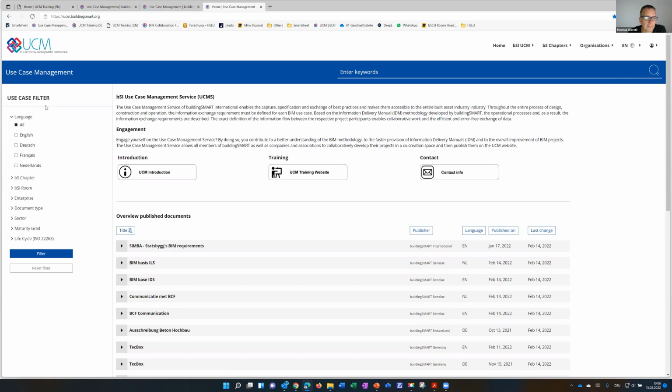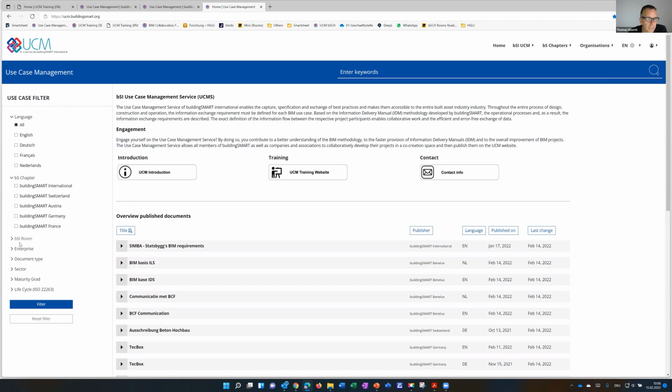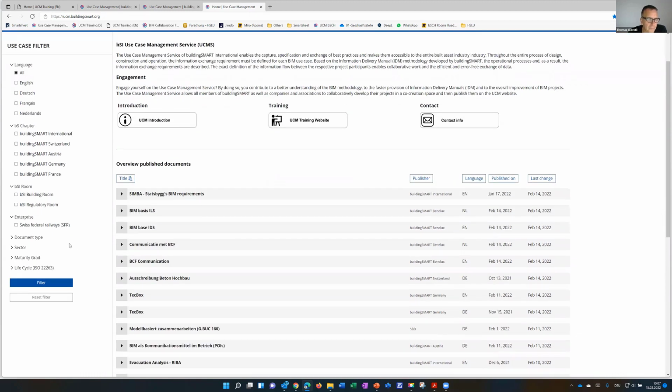So you see here on the left-hand side there are all the filters. So you can of course filter for languages, you can filter for chapters, even for rooms if they have already published something. We also have an option for